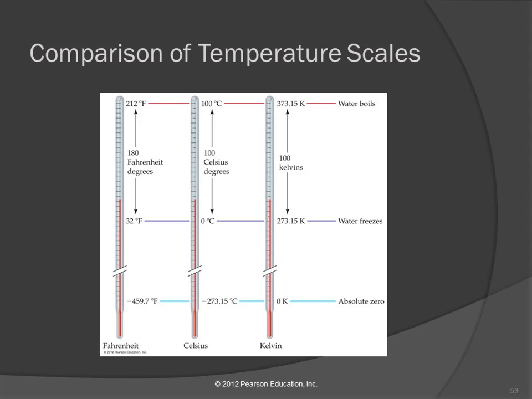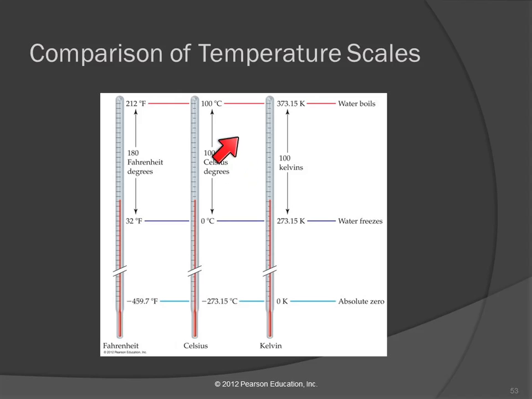Because really, how do you define the starting point for a temperature scale? You just have to choose something. So that's what they chose. And they said, okay, well, between boiling and freezing, we're going to divide that into 100 degrees. And this is going to be a real nice, convenient temperature scale. And it is for a lot of things. But then sometimes we can't have those negative numbers.